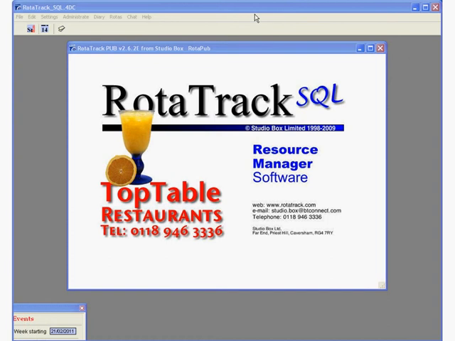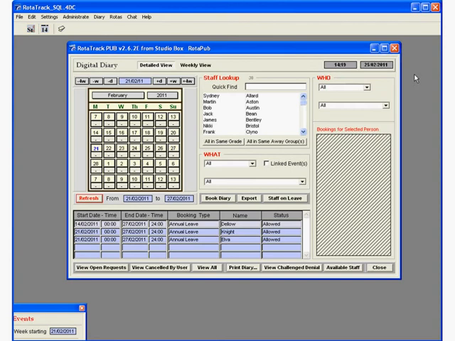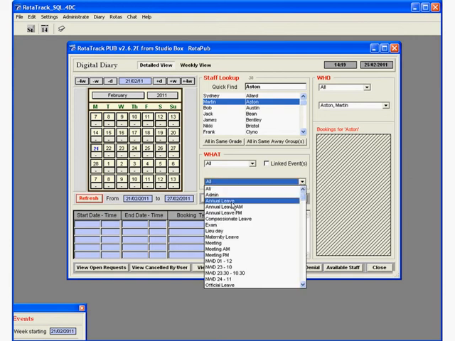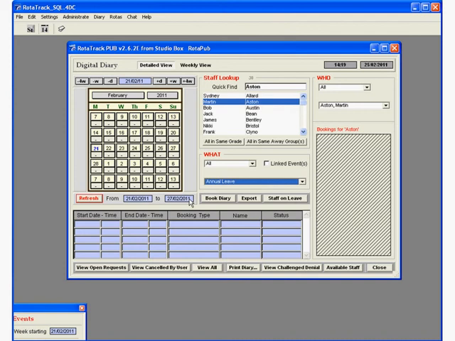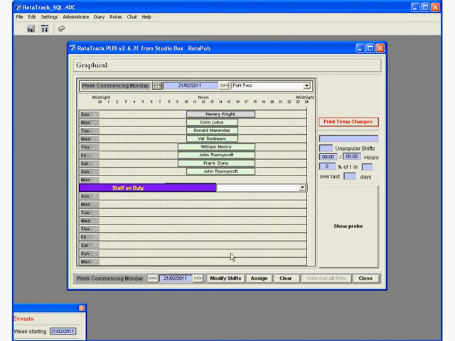So let's look at a rota in production. Obviously the first thing we actually need to do is book any absences. So we'll go to the digital diary and we see here that already 3 people are not available this week. We're going to book another one, Martin Aston, and we're going to book him for annual leave. Select the appropriate date from the diary,